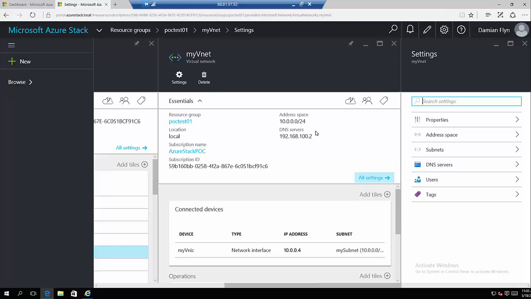Now, one slight difference, obviously, in a proof of concept, the public IP addresses that are offered inside our Azure Stack are actually private addresses. But again, technical preview, this will change as we move forward. Now, I'm going to leave the Azure Stack alone for a moment, and let's jump over and take a look